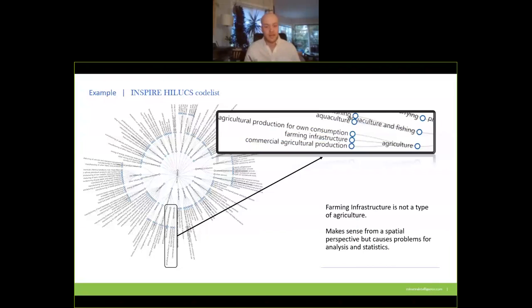because from a spatial perspective, this makes sense. If you're looking at a parcel that is a farm, you're going to have the fields and the barns and something like that. So you're going to be able to split that between, you know, what is the commercial agricultural production, what is the farming infrastructure. But the problem with this is that the relationship is not really a type of relationship,